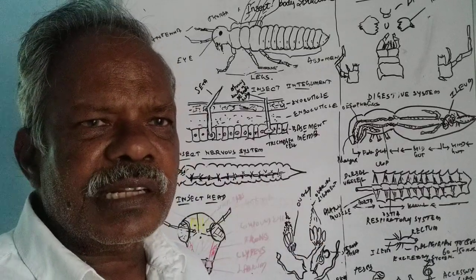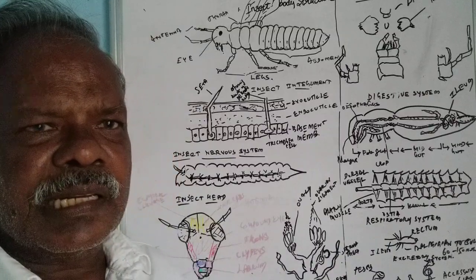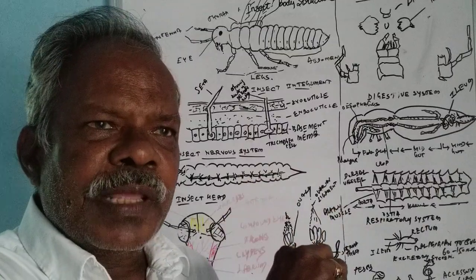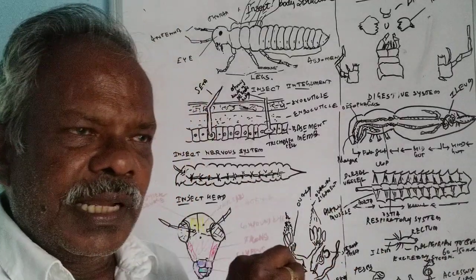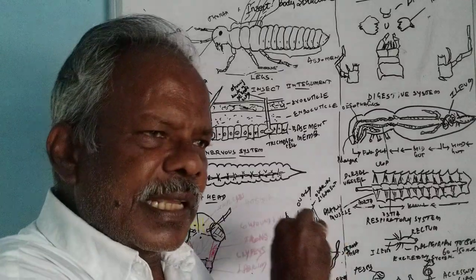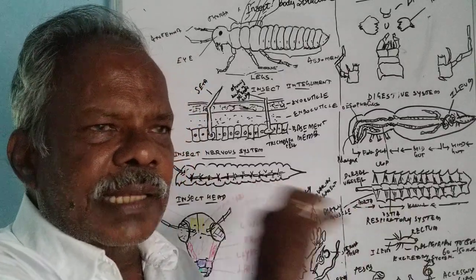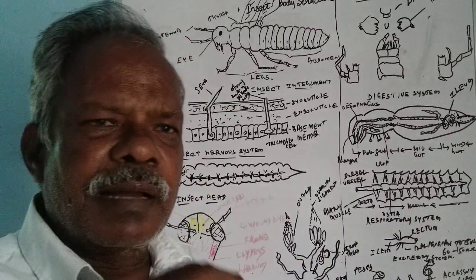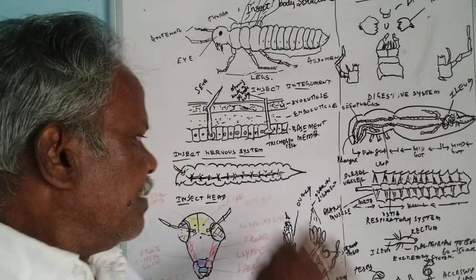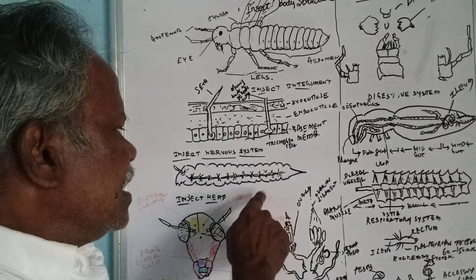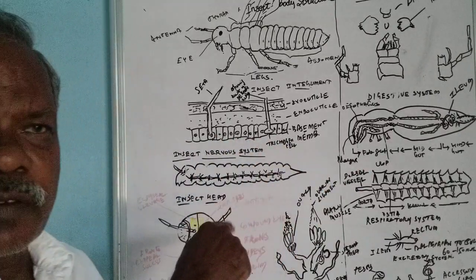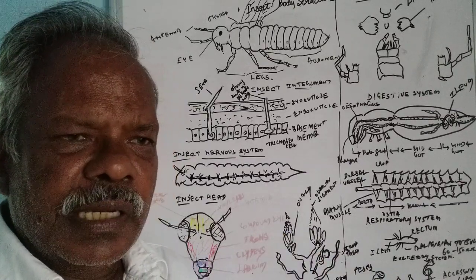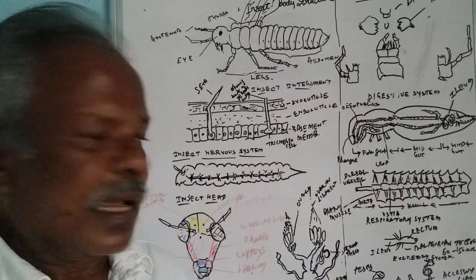The nerve is meant for stimulus and response, and it feels the senses, it feels the availability of food, and it controls the whole organism. The brain is meant for hormonal secretions, everything. So this is with regard to the insect nervous system, and the nervous system is also meant for hormonal secretion, such as juvenile hormone.